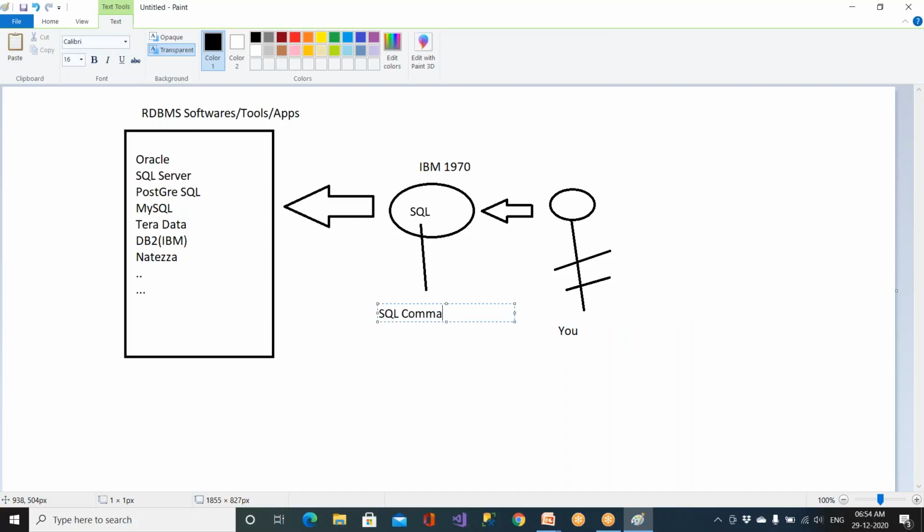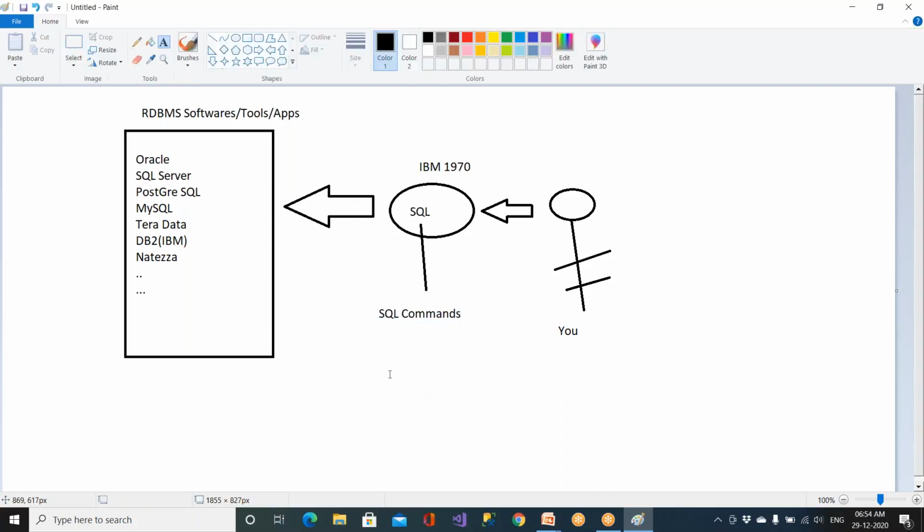Okay, this is what we're going to be learning. If you learn Oracle tomorrow, they will be teaching you SQL. If you learn SQL Server, faculty is going to teach you SQL. If you learn Teradata, DB2, Netezza, any RDBMS softwares, you are going to be getting SQL, structured query language. Clear? So that is very, very important.